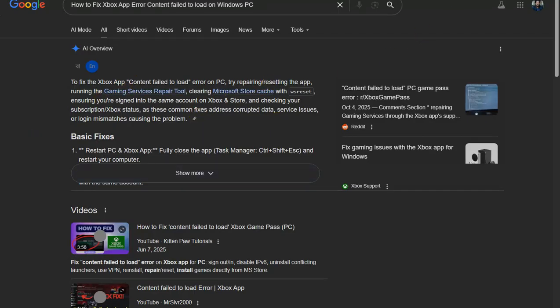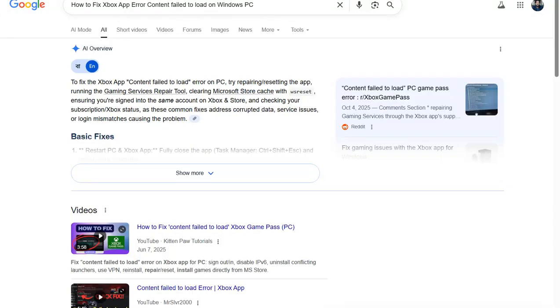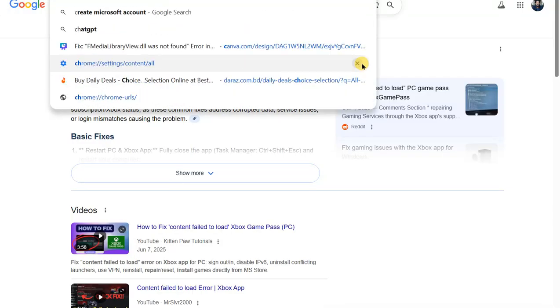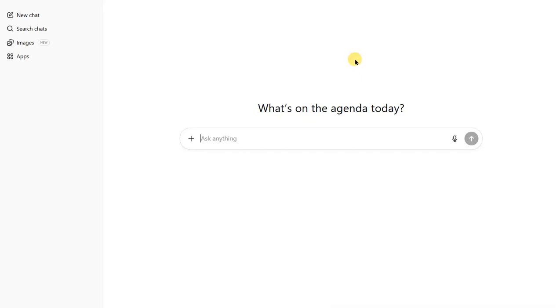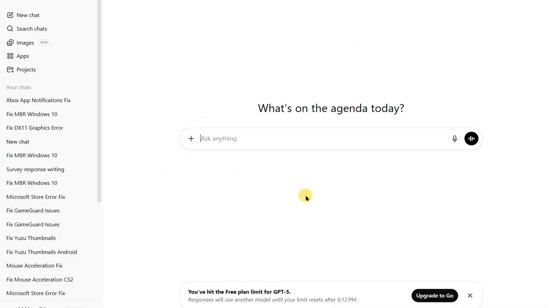Most tutorials you find online are long, confusing, and full of steps that don't work. But today on Rexist, I'll show you a secret easy trick that fixes it in just a few clicks. All you need is a quick reset of the app and a simple tweak in Windows settings, and the error